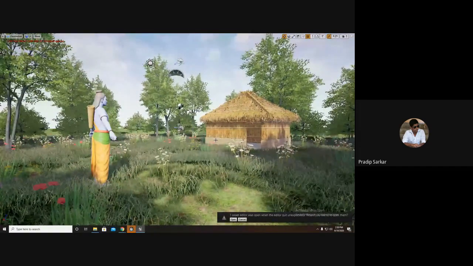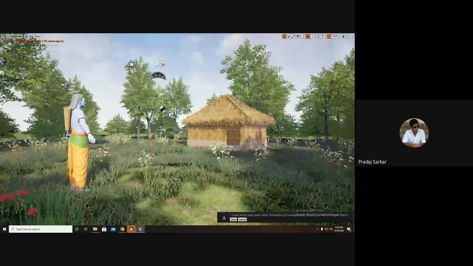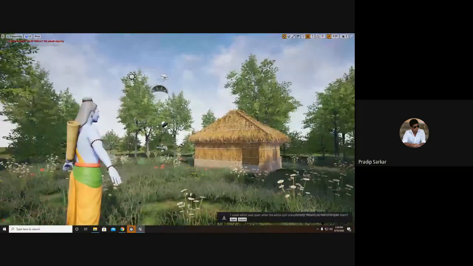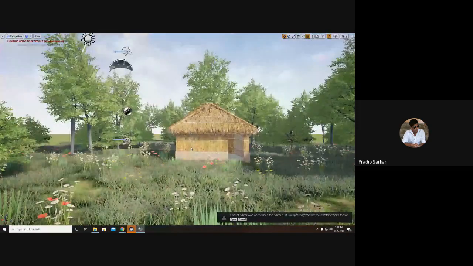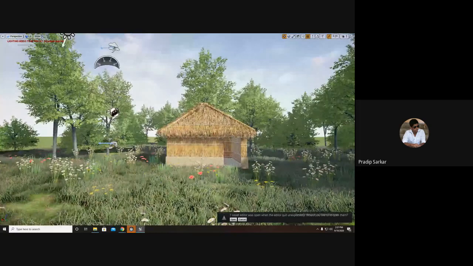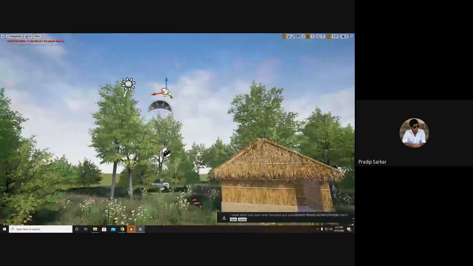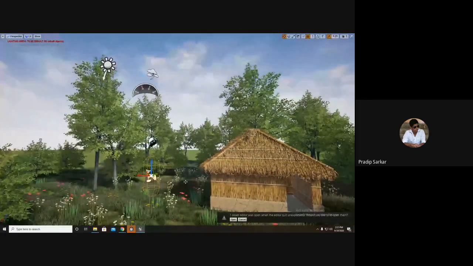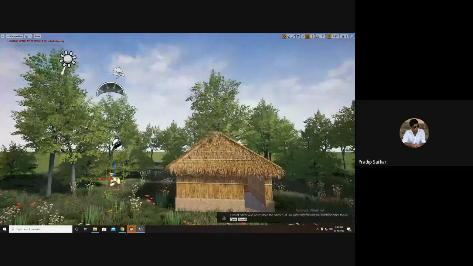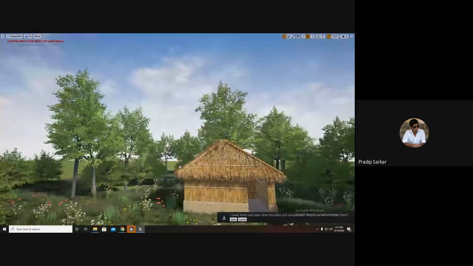Now for going back to the game mode. Game mode is something in which I can see only the characters and the props that I have placed. I don't want these kinds of icons and all those things distracting in my game. So I press G, I will go into the game mode. See, the moment I press G, all those things will be hidden.